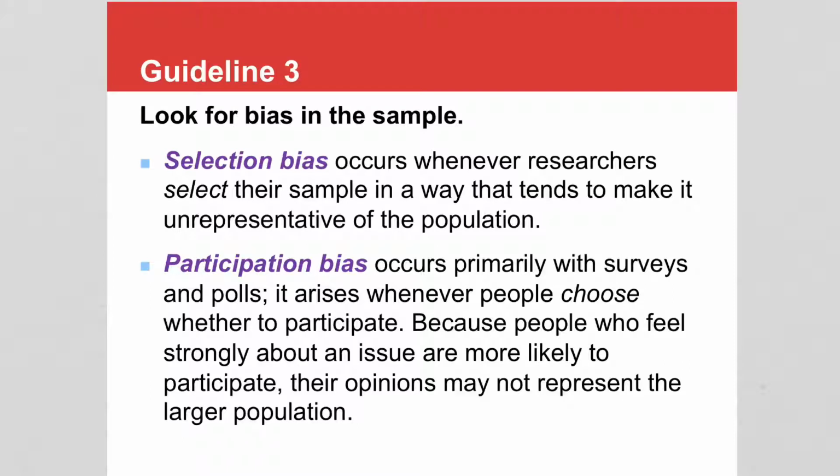Look for bias in the sample. Selection bias happens whenever researchers select their sample in a way that tends to make it unrepresentative of the population. Toothpaste company could go out and select people that already got white teeth, right? Participation bias occurs primarily with surveys and polls and arises whenever people choose whether to participate. So a participation bias could be